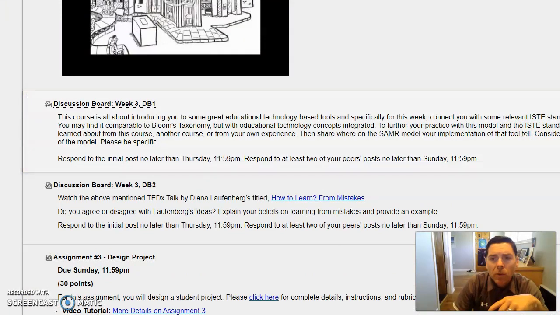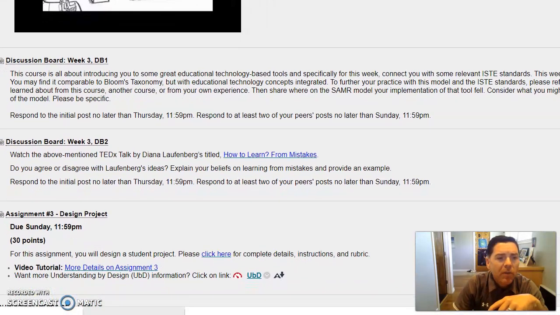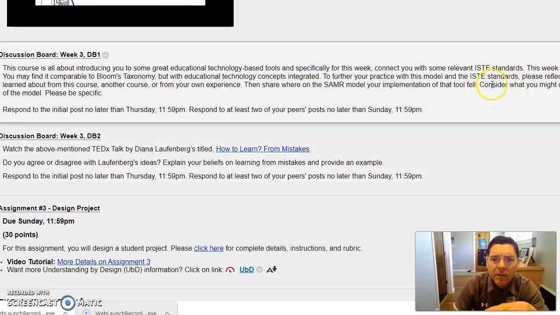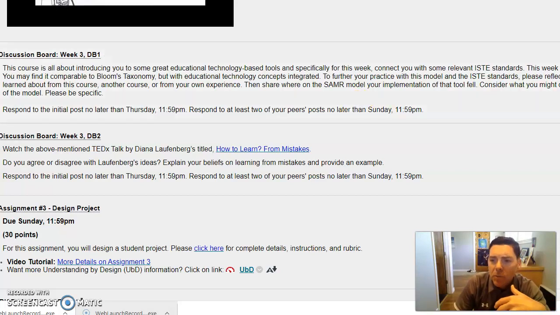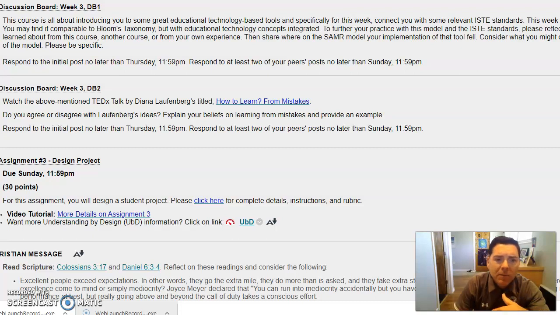One, you're going to look at the discussion board. You're going to reflect on a tool that you've used, either in this course, in the last year, or something you've tried before. You're going to identify where the ISTE standards apply, as well as where it falls along the SAMR model. And then, if it landed on the very basic end, how would you take that to the next level? And then for the next discussion, you're going to watch the TEDx talk by Diana